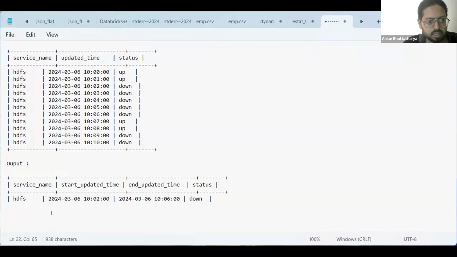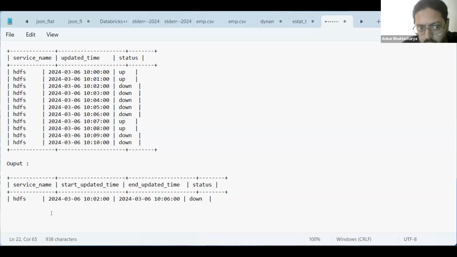Basically, the thing is like this. This is a service name you have. Maybe in your project there are multiple internal services running, maybe an HDFS process. It's an on-premise kind of setup you can think about. A Hive thread is going on. There is a system which is monitoring these services, whether they are up or down, and the updated time you can see. Your work is, if any system is down for more than 5 minutes, you see